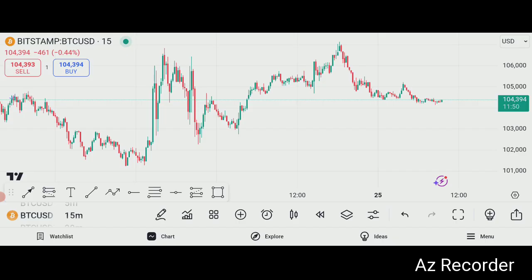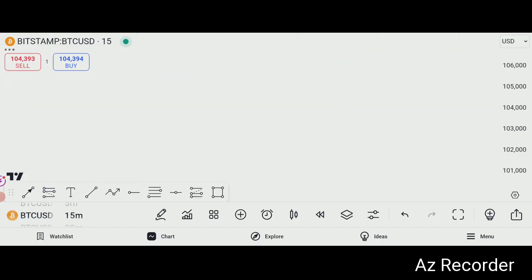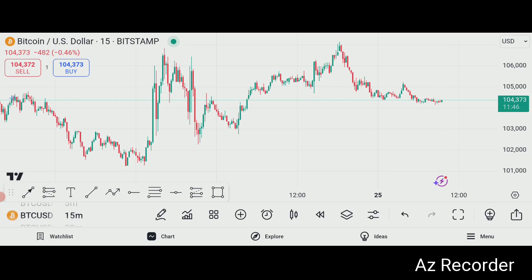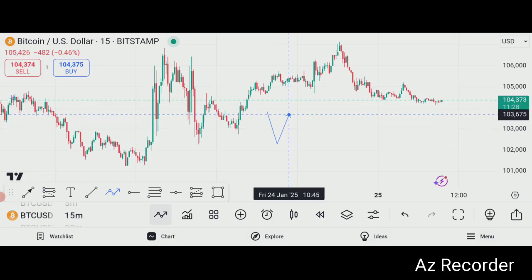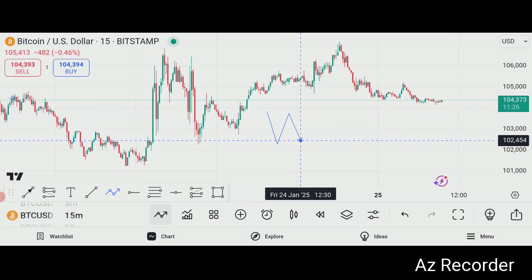Double top and double bottom is the coming together of candlesticks to form either a W or an M pattern. So now let me show you guys how to identify a double bottom. So double bottom comes in three ways. It comes either in a perfect W pattern like this,